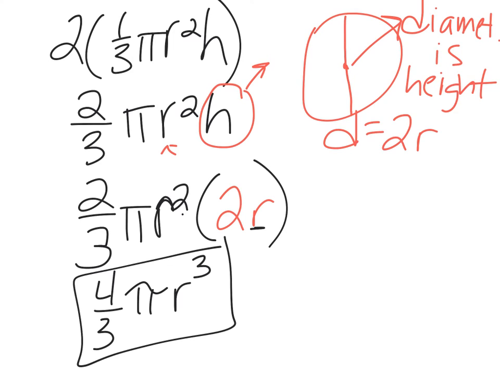Do you need to know that? No. But it's kind of nice to know before you just write some random formula down and start plugging numbers in. Like there's a reason why it is what it is. Okay? So the biggest mistake people make with this formula, they use a diameter instead of a radius. And they forget that that's a 3, not a 2. Okay, so make sure you don't make those mistakes. All right, let's